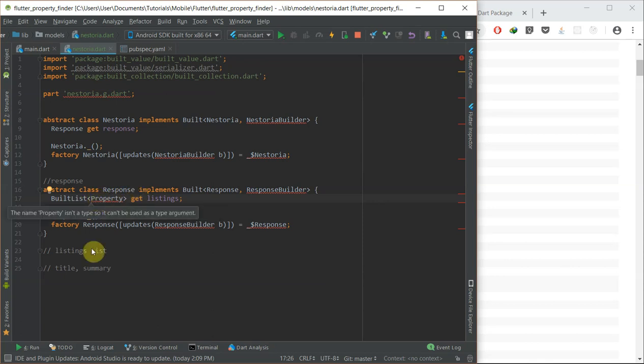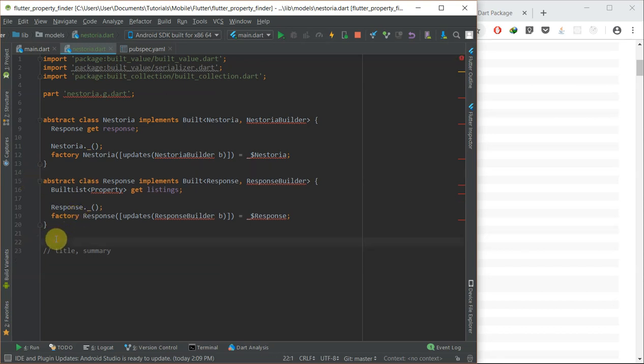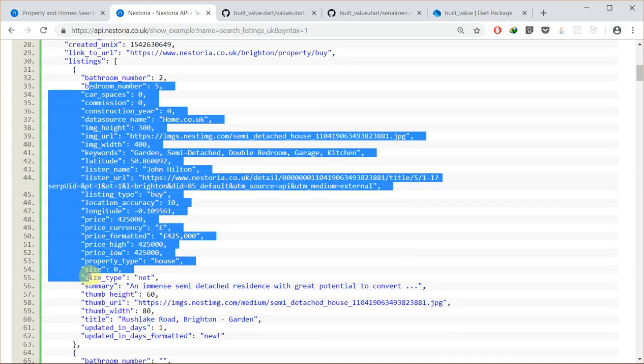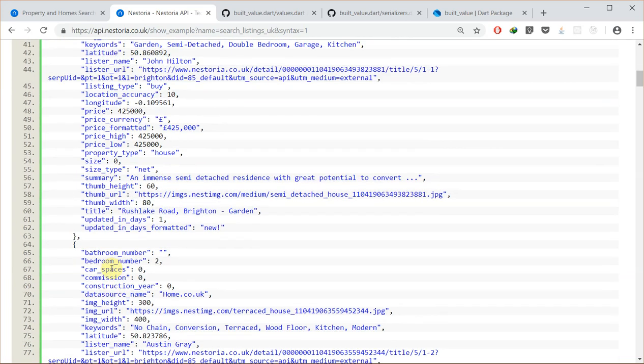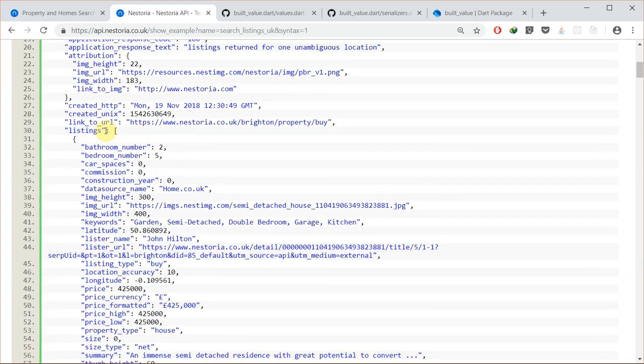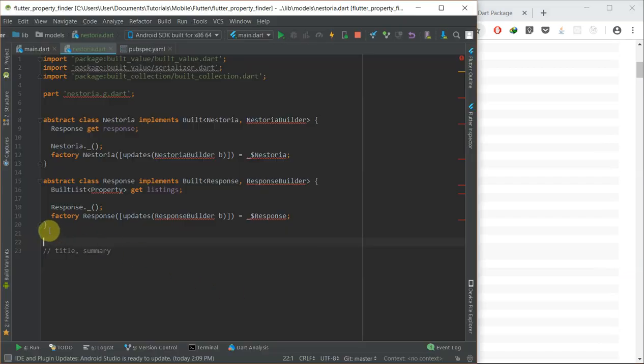So the next thing is we're going to create, so listings, we've done that, so we'll remove this. Would also remove response. So the next thing is to create the property. So this model here, or this structure, is going to be the structure for one property, the second property, and all this stuff is going to be inside the listings. So the listings is just an array or a list of properties. So let's create the property